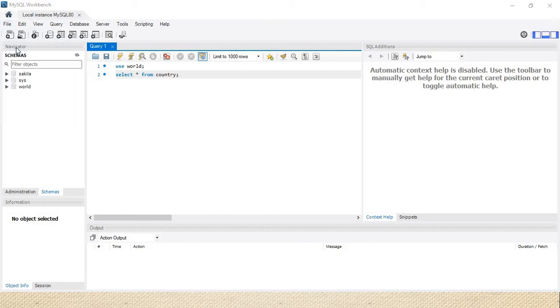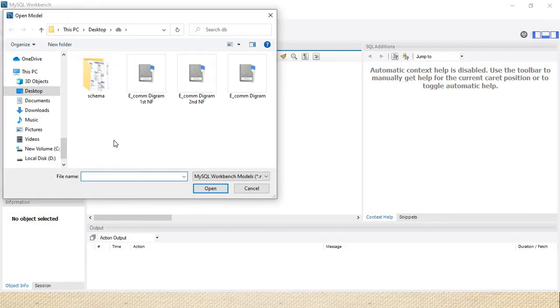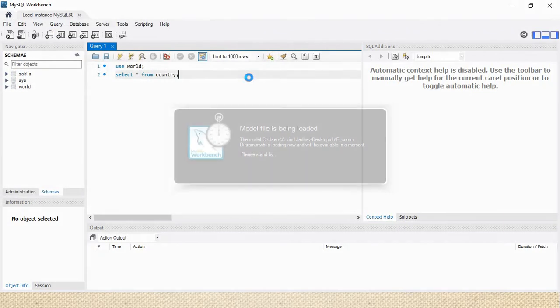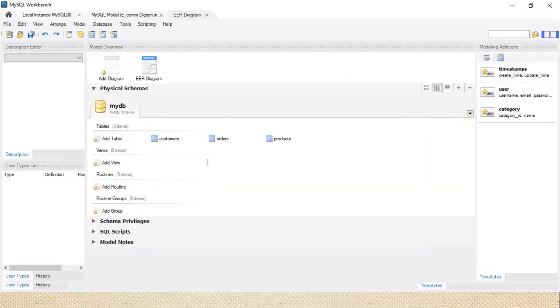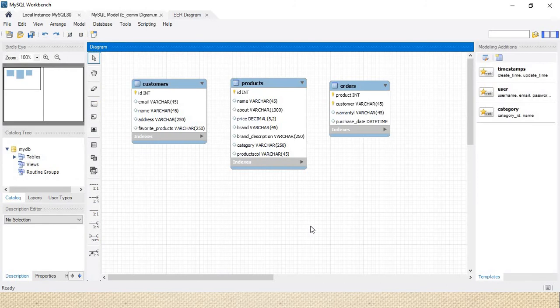So I will open the model. I have created this model, in which customer is there, product is there, order. We need to apply the concept to customer.